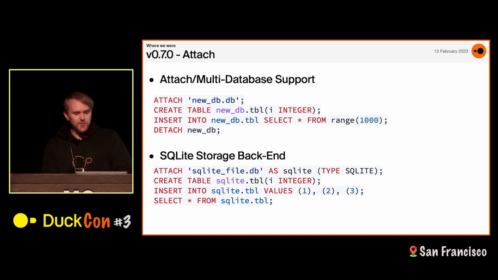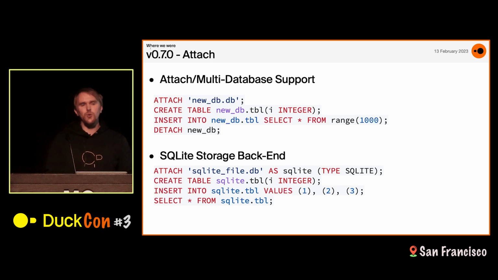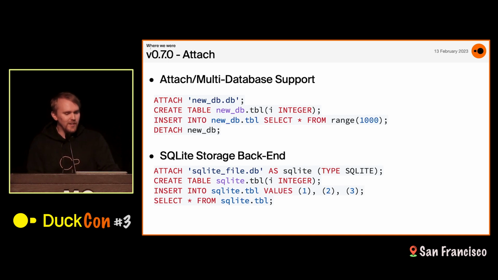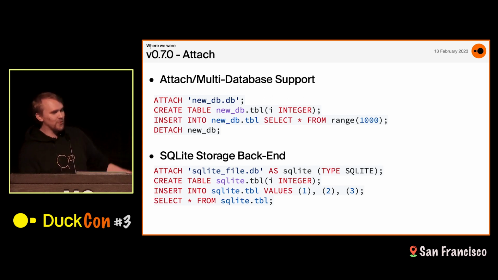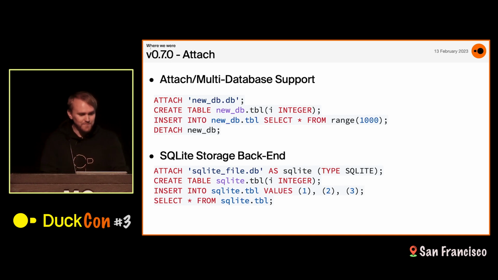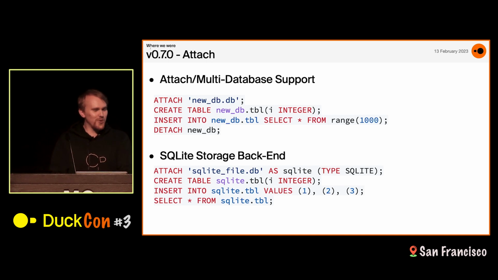One of the ones we have worked on is the SQLite storage backend. You can use the SQLite plugin that we have to attach SQLite databases directly. That means you can not only read SQLite databases, you can create tables in them, insert data, delete data, and update data, and it's all nicely transactional and works pretty nicely. It also means you can run the DuckDB SQL dialect over SQLite databases, and it's quite fast as well. So I think that's quite cool. If you haven't tried that yet, I recommend giving it a go. And if you're more adventurous, you can also define your own database formats using our extension ecosystem.